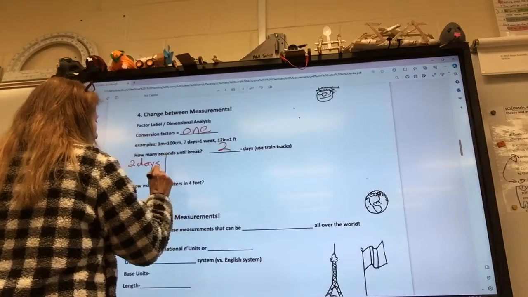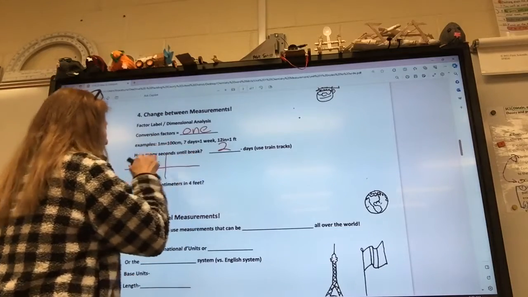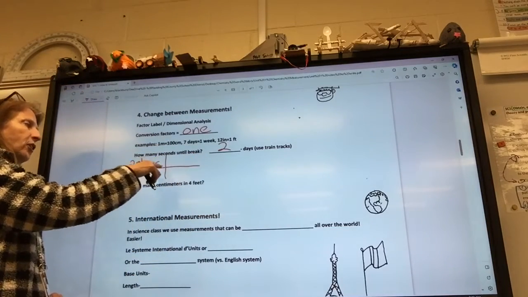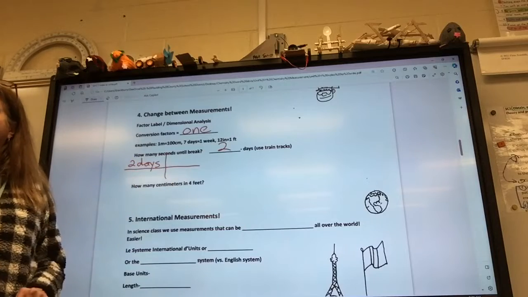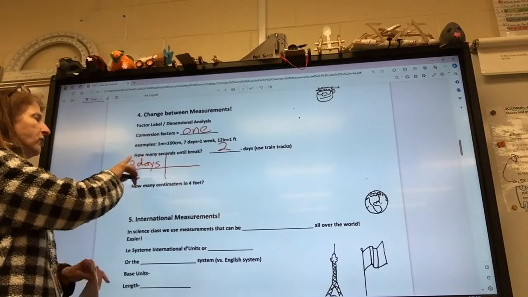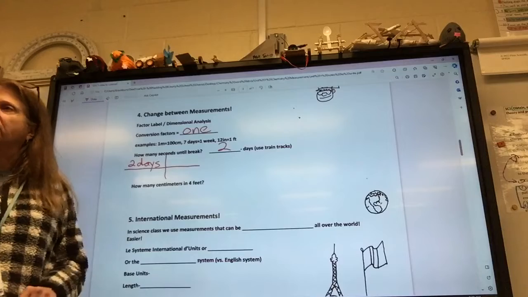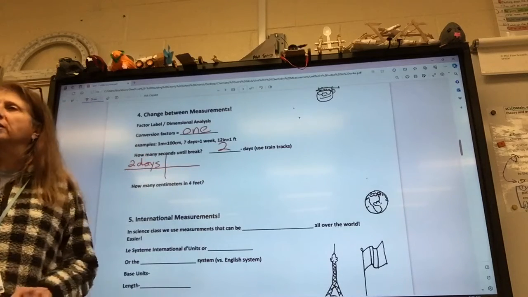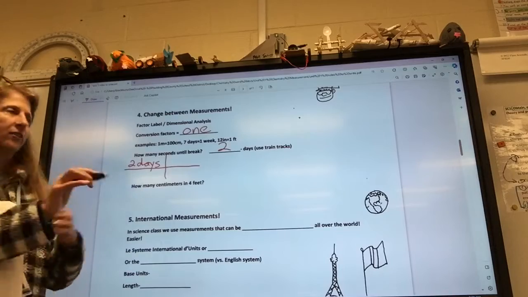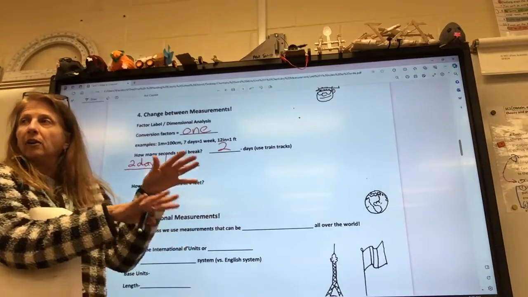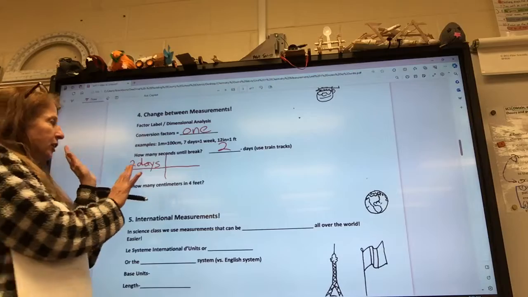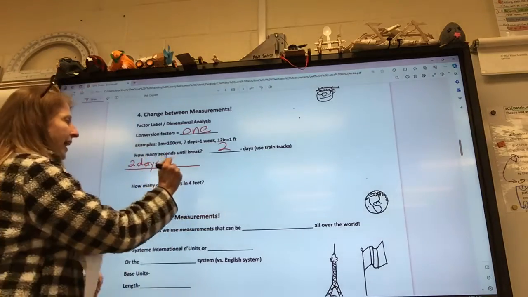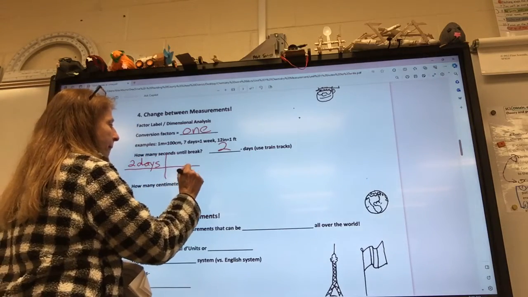So this is what I mean by train tracks. This is our fraction bar, this is the numerator land, and that's the denominator land. After you write it, you take what's in the numerator, just the units, and you push it catty corner down to the denominator. It's more fun with sound effects. So go. Okay, so everybody in your brain, we're going to push the days down to the denominator.